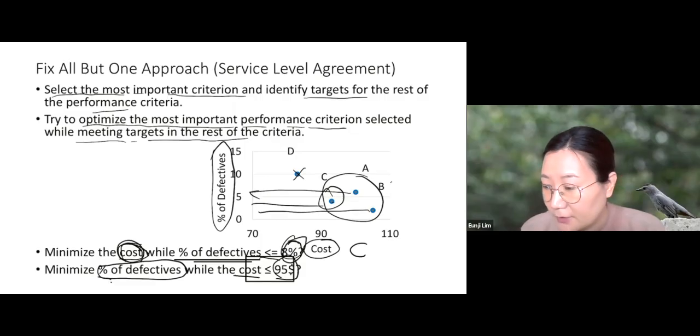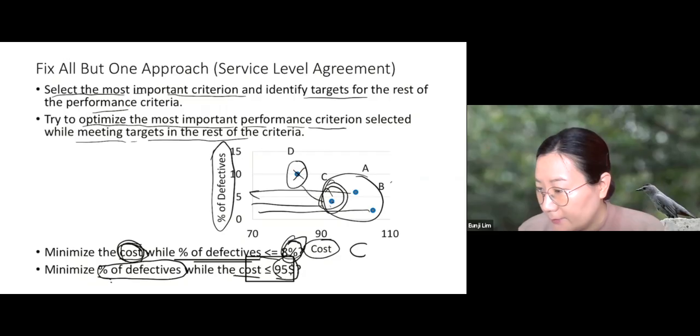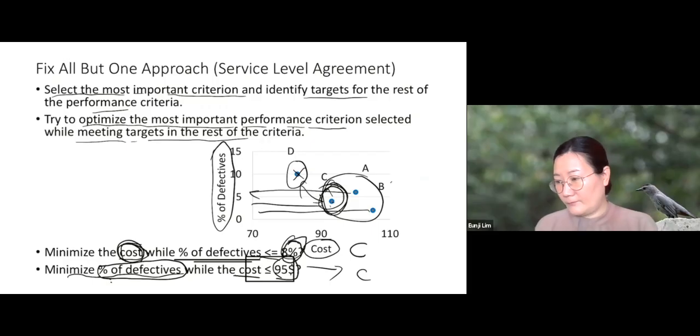So in this case, how can you make the final choice? You go through the suppliers and see if they satisfy the target range for the cost. Does A satisfy the target cost? No. B, no. C, yes. D, yes. So we have 2 suppliers who are qualified. And between these 2, how do you make the final choice? You choose the one with the minimum percentage of defectives, which is C. So in this case, you're going to select C.